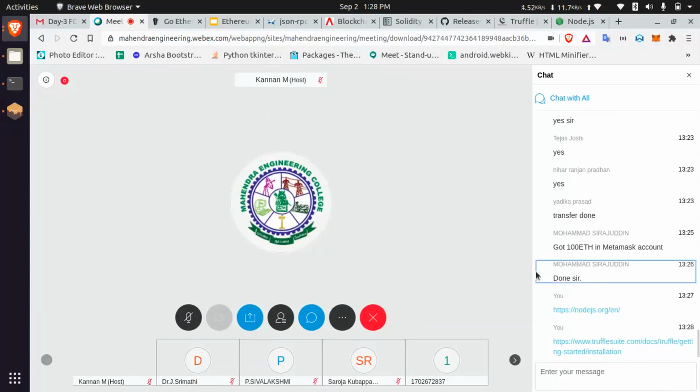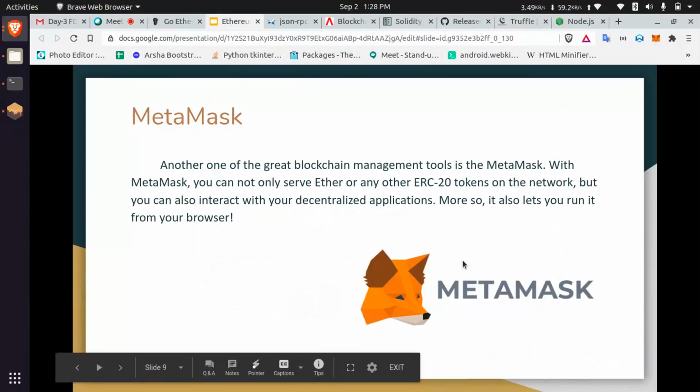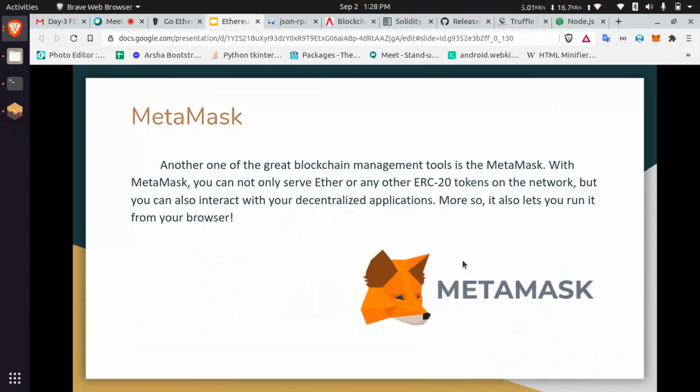Okay. With this, I will show some demo in the next sessions. Next, let's move on to the other frameworks. MetaMask, we already discussed a lot of things. This is used if we develop any DApps. This is the interface between our application and the blockchain. This is more useful. Yesterday I showed a demo of a transfer and how we can fetch the data. I will share the file, and you can just click and run that file.